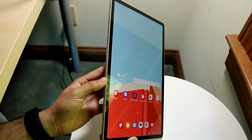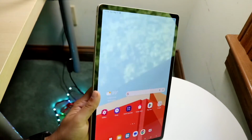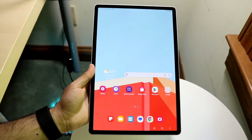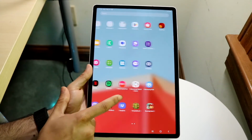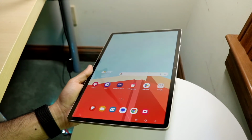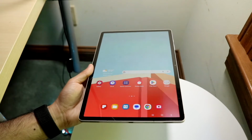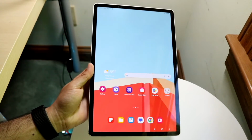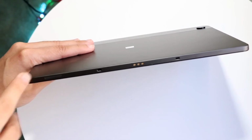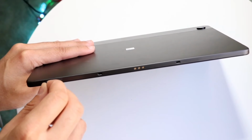That tablet is going to be giving you the Qualcomm Snapdragon 8 Gen 2 chip with 8 or 12 gigabytes of RAM. But the Samsung Galaxy Tab A9 is giving you 4 or 8 gigabytes of RAM, depending on which model you get. I will tell you, even with the topped-out version of the Tab A9, it is not coming close to the Samsung Galaxy Tab S9. That device with its chipset is just significantly better. It is a way more powerful chipset that just screams way more premiumness to me than the Samsung Galaxy Tab A9,